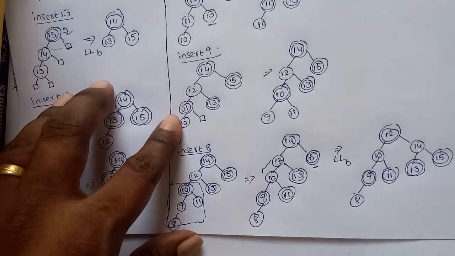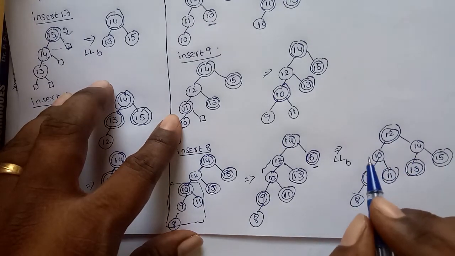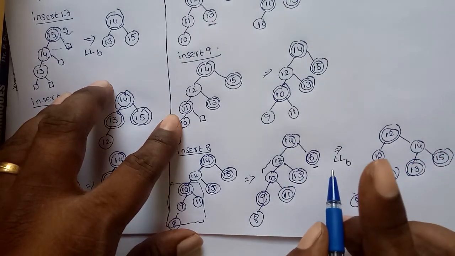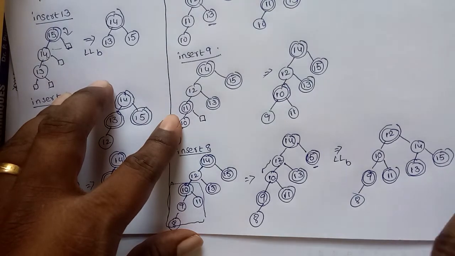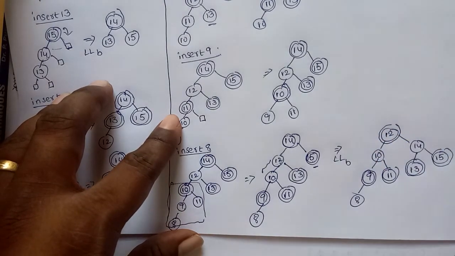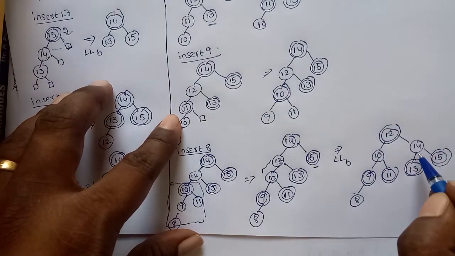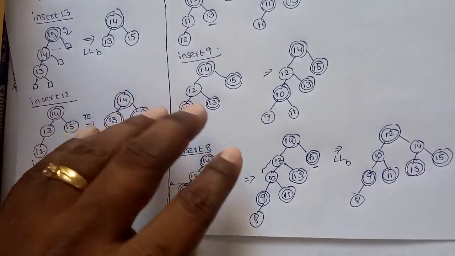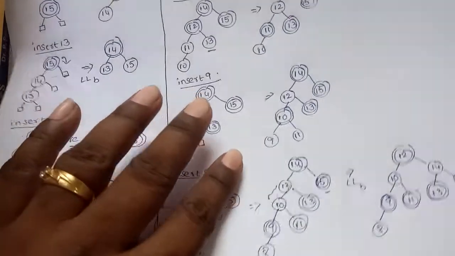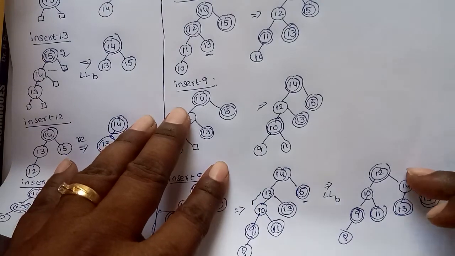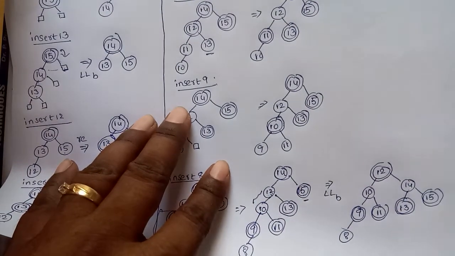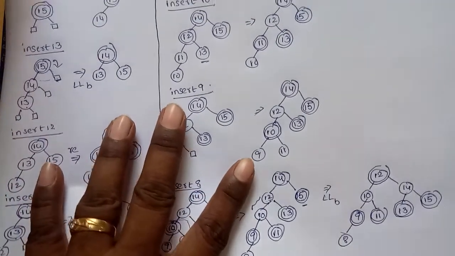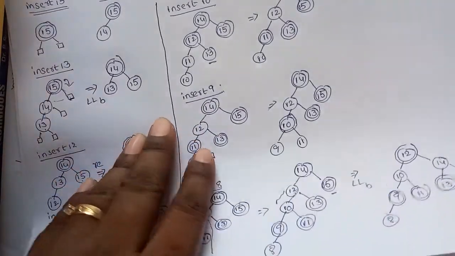Suppose the uncle node is red color, we have to change the color of both the uncle node, the parent node and the grandparent node. That is, only in red are we changing the uncle color. If the uncle node is black color, we do not perform any modification. Why? Because if the uncle node is black and we perform a recolor operation, there is a chance of changing the black height.